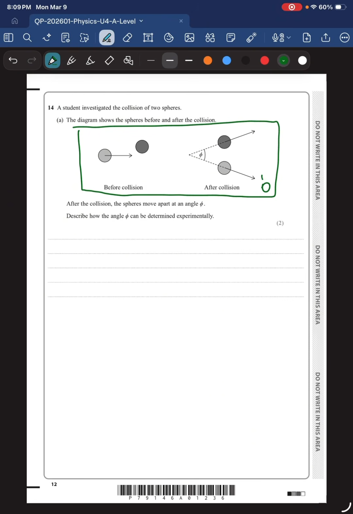The cameras are usually here. It's going to be flipped. So you will film it from the top, pretty much, so that it covers this arrangement. So use a video recording